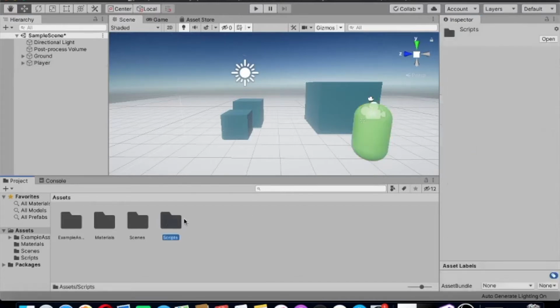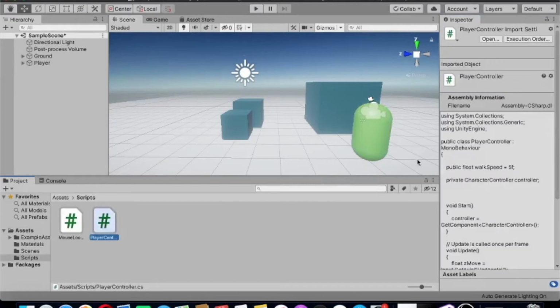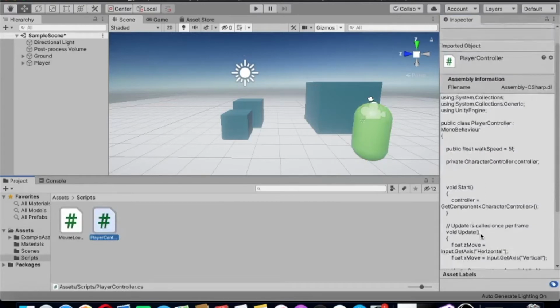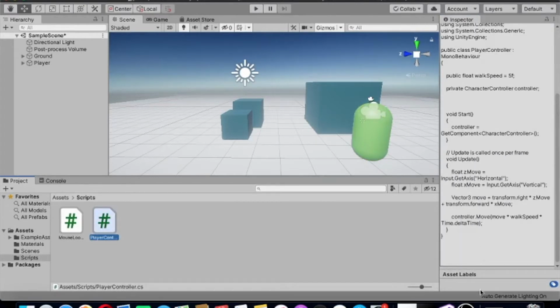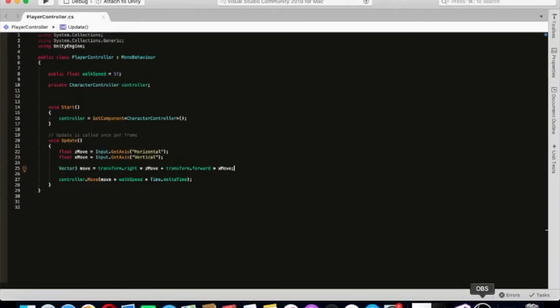So now let's open the script. This is the player controller. We have already done this in the previous video. So I already have it open. If you just double click here, it will open, but I already have it open. So now we are going to create some